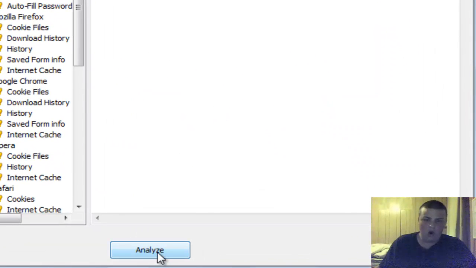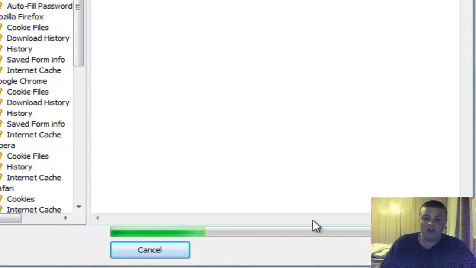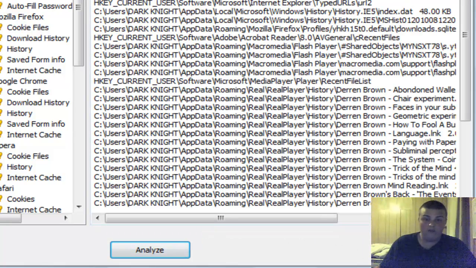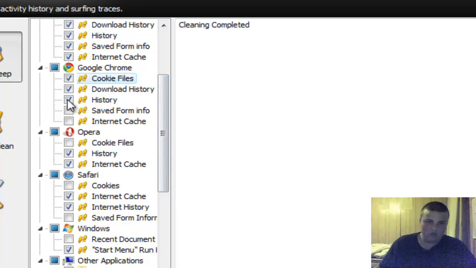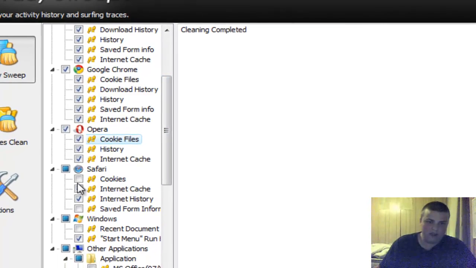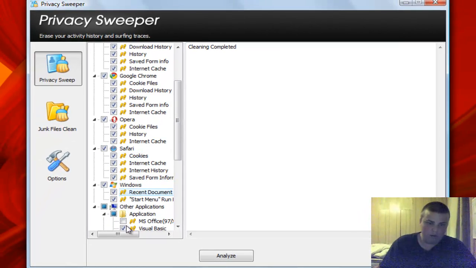That's privacy sweeps. This can delete all online history or anything like that. It does it really quick. Look at that, it's cleaning a whole bunch of stuff. And I'm not going to have all these checked. But this is a very helpful tool. I scan each one of these about 3 to 4 times a day to keep my computer up and running